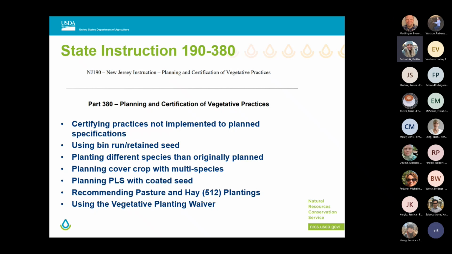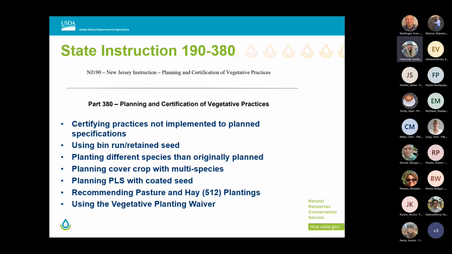It talks about making sure that the purpose is still being met by the new planting, or the planting outside the window, or whatever it is. It also covers what documentation you need for certification if it wasn't implemented exactly as planned. So that's a really good place to look. A lot of times it might happen with cover crop. It gets seeded late, or they use their own seed or something like that,